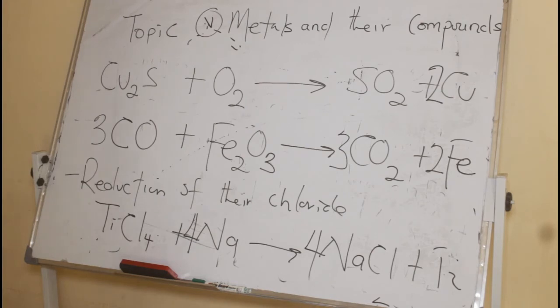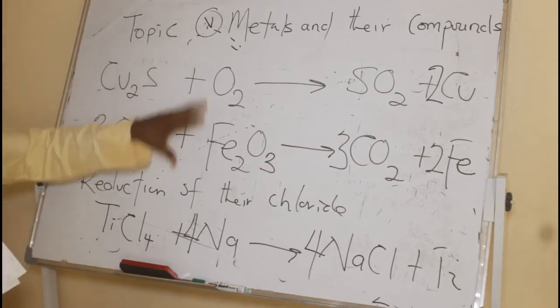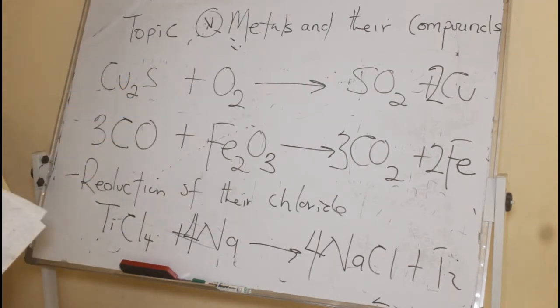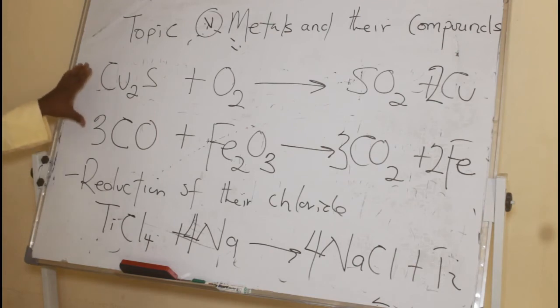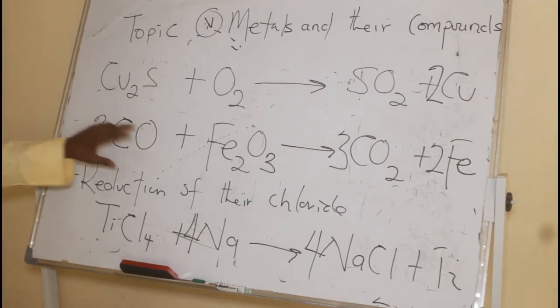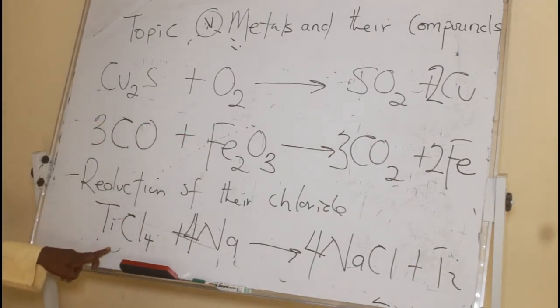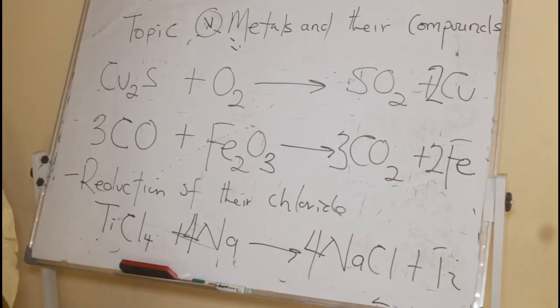In chemistry, we normally call this kind of reaction roasting, just like roasted meat or roasted fish. R-O-A-S-T, roasting. So this kind of reaction is called roasting. It's another way whereby we generate pure metal from ores. So you can see all these three reactions are reductions. Reduction of sulfides, reduction of oxides, reduction of chlorides. In each case, it will give you the pure metal you are looking for.